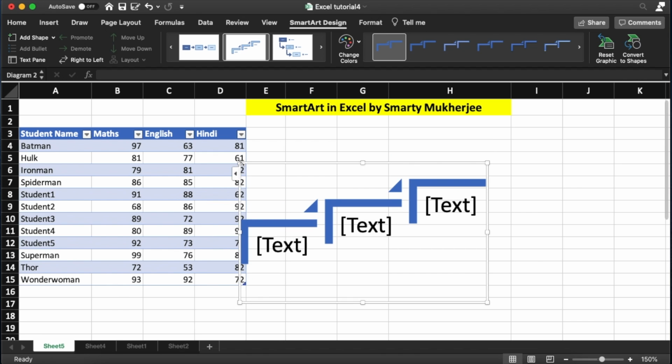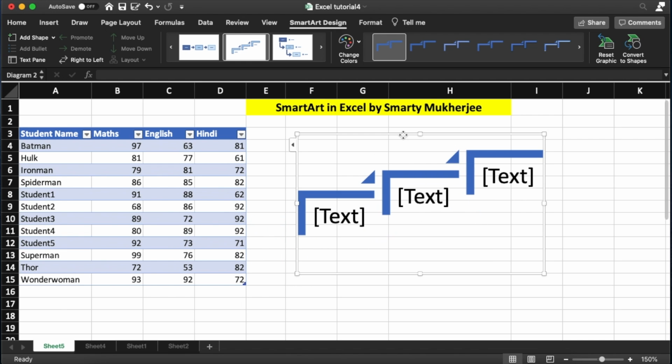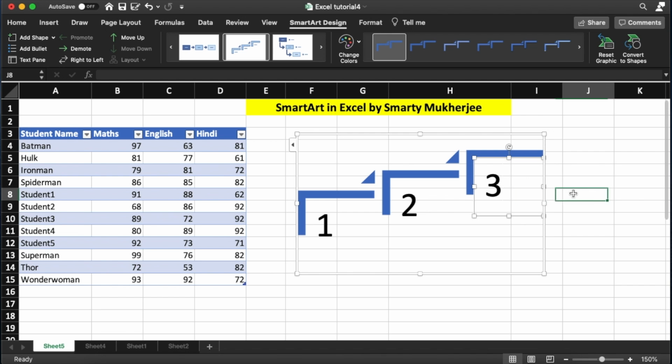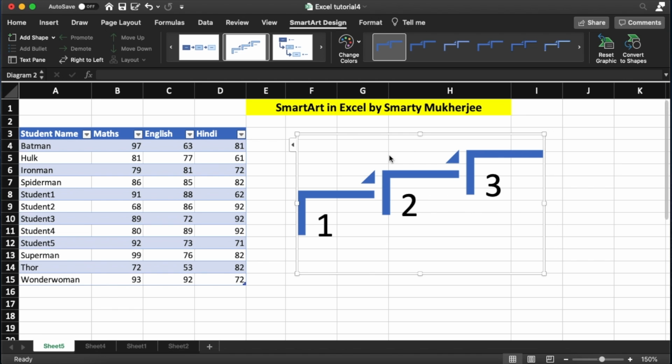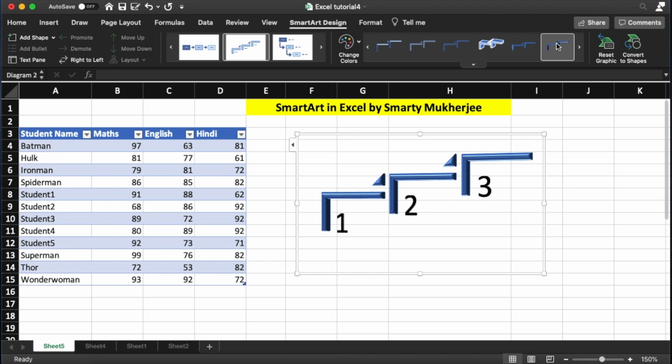Then you can type in certain text here. Maybe this was your step 1 in the process, this was your step 2, this was your step 3 in the process. So like this, you can insert any sort of charts or processes here, and then you can format it. You have the option to format it, to make it look even better as a visual representation.